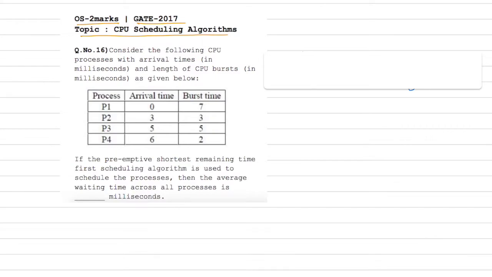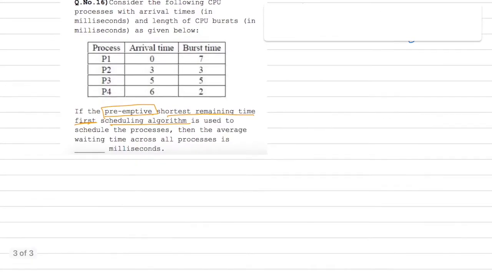So let me highlight the algorithm that is used. It's a preemptive one, so we can remove the process while it's running on the CPU. Shortest remaining time first. This is a scheduling algorithm. So let's try to use this algorithm and we'll see what happens when we run this algorithm on all the 4 processes. So we need 2 things to keep track of the system. One is we need a ready queue.